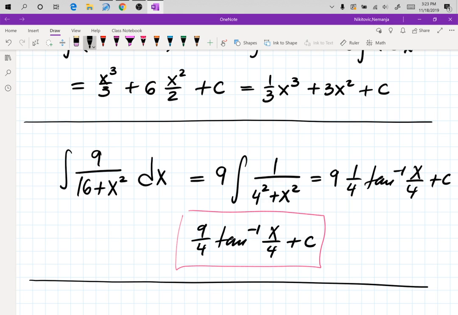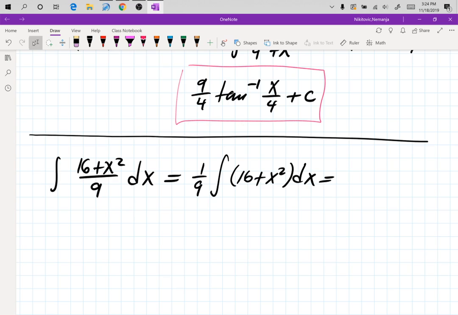Well, this problem is just, right, basic. 1 over 9 you kick outside, and now in integration you have 16 plus x squared dx. And you know that when you have multiple terms, you integrate each one separately. So without writing all those unnecessary steps, we just have 1 over 9 times 16x